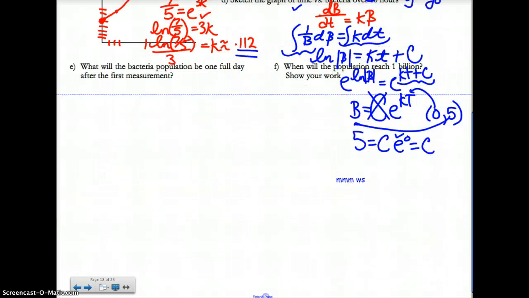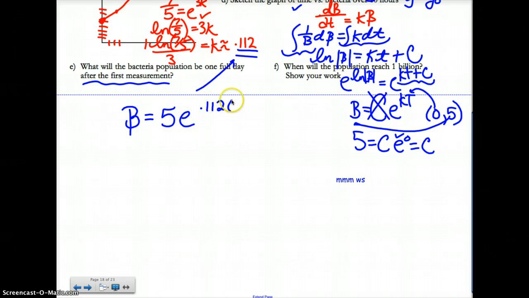So let's go down and answer these last questions. It says, what will the bacteria population be in one full day? Well, the solving of this differential equation allows me again to predict the future. I've got my model that says that my bacteria count is equal to the amount I started with, e to the k, which we found to be 0.112, times time. Well, I'm doing this for a full day, and my time is in hours, so I put in a 24. And if I go to my calculator, it's going to give me a bacteria count of about 73.789,